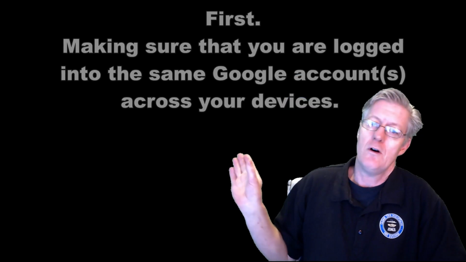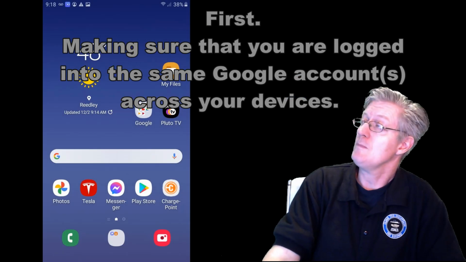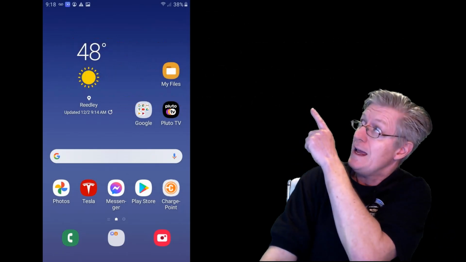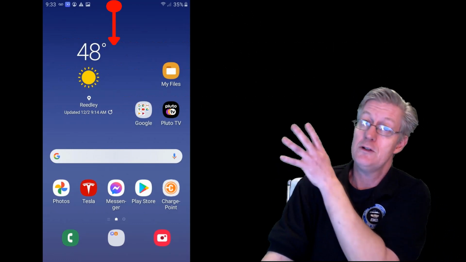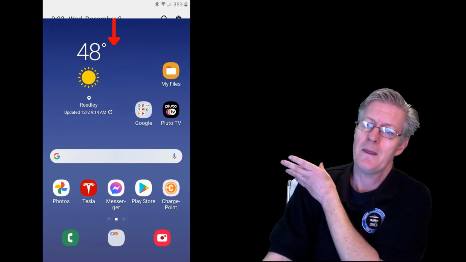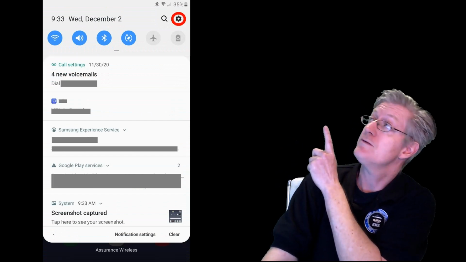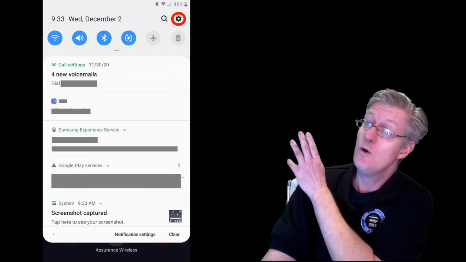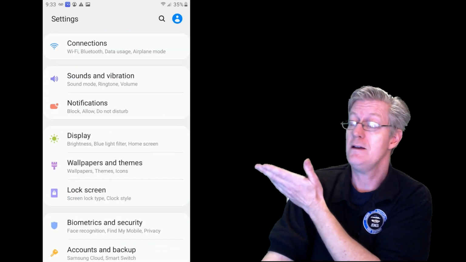So right here on the home screen, I'm going to click on the very top and slide or swish my finger down, and this will reveal the notifications that you see here. Then I'm going to click on the little gear icon found in the upper right hand corner, and that's one way to get into my settings.